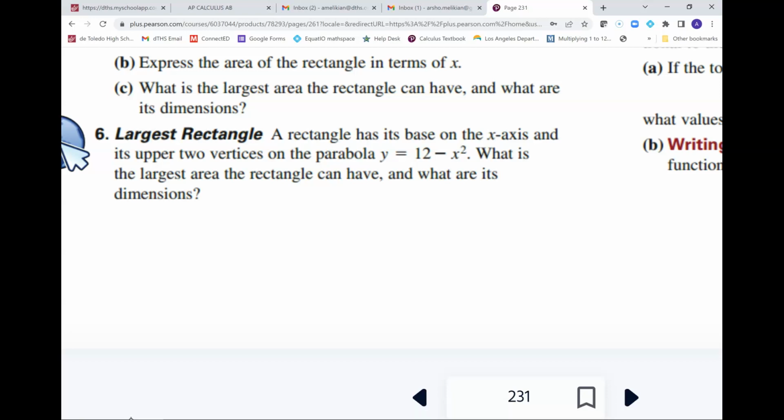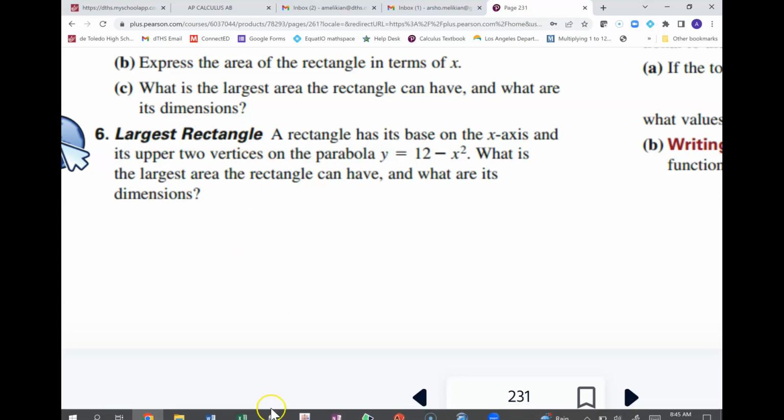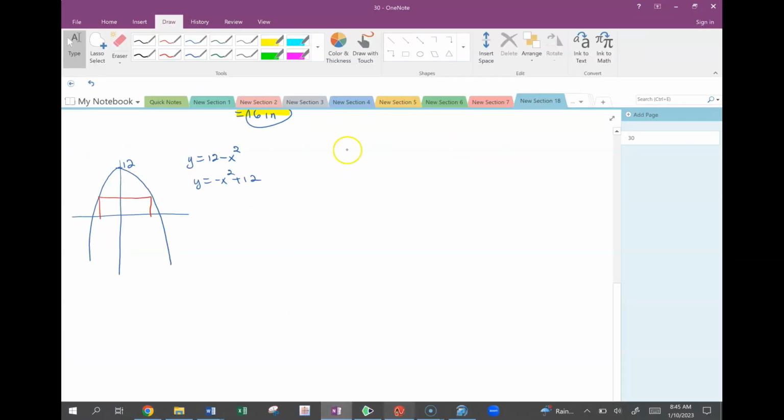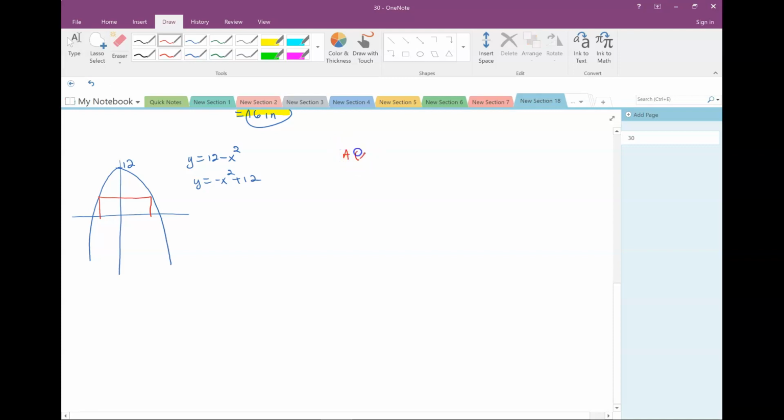So let's find what it is that we want to find the maximum of. What is the largest area the rectangle can have, and what are the dimensions? So we want the largest area. Since we want the largest area, I need to write an equation for the area of a rectangle. We know from back in the day that the area of a rectangle is base times height. I want to color code, okay? So, area of x then is